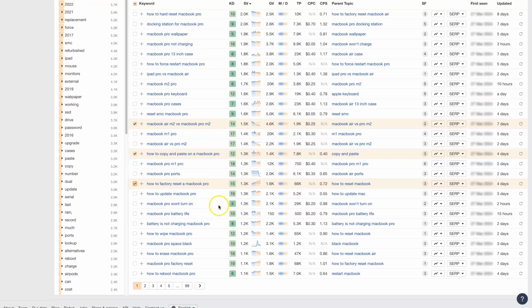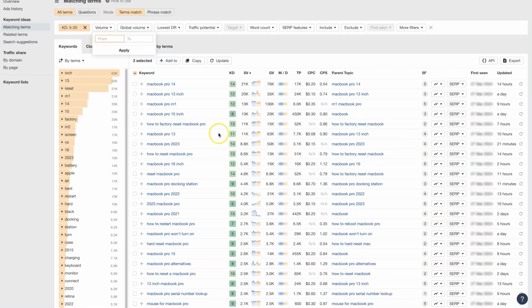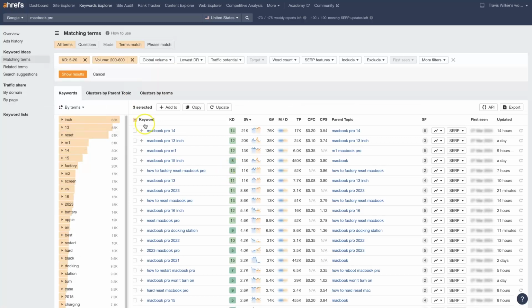You can start going through here, building out a list, and you can add this to a keyword list and export it. Or you could just copy the list of keywords and paste it wherever you need. And you can continue to filter this down. So maybe you want stuff that is higher search volume, lower search volume, so you can determine based on what you're seeing here. Maybe you're finding that the really easy keywords are between, like, let's say 200 and 600 searches a month. Click apply,